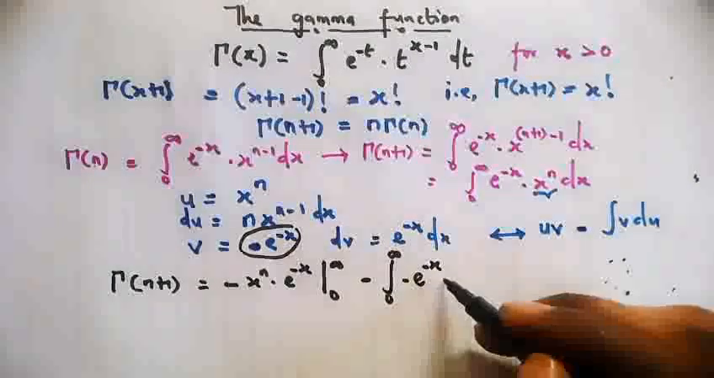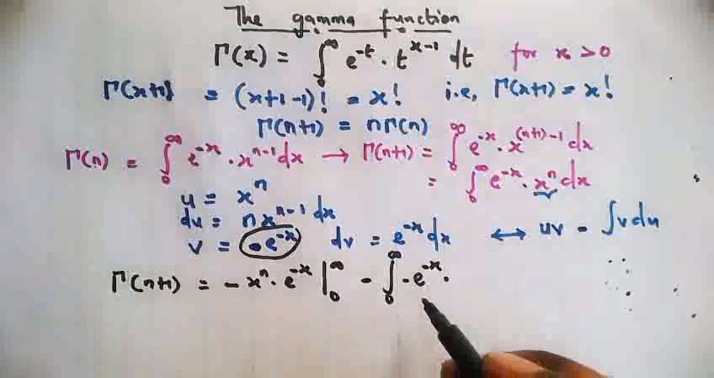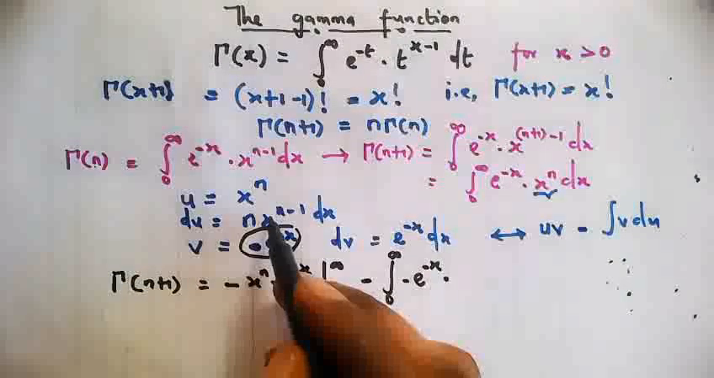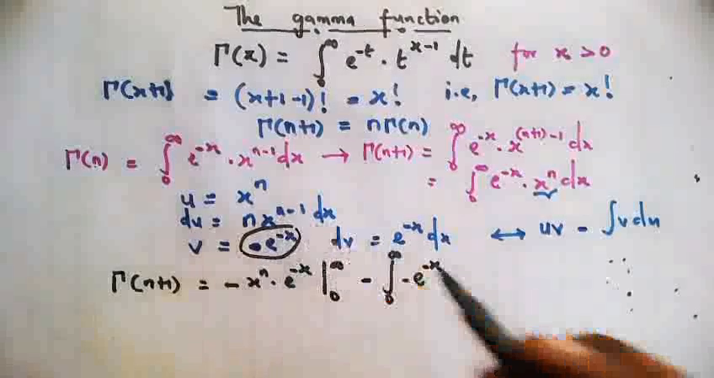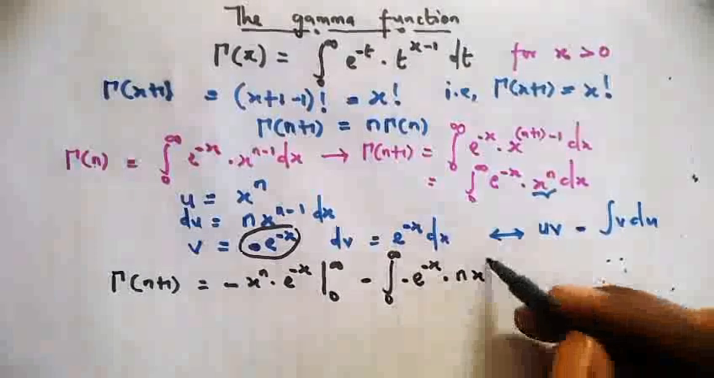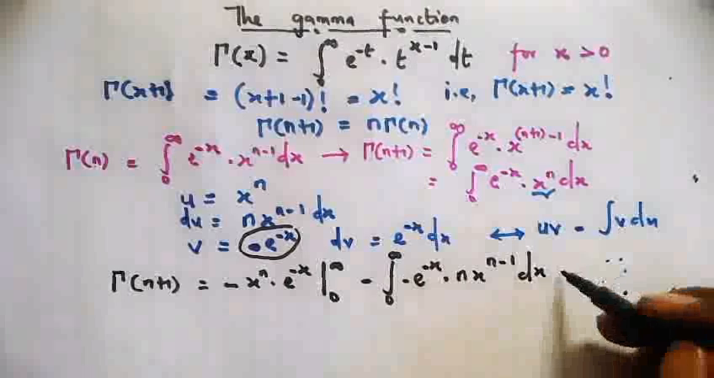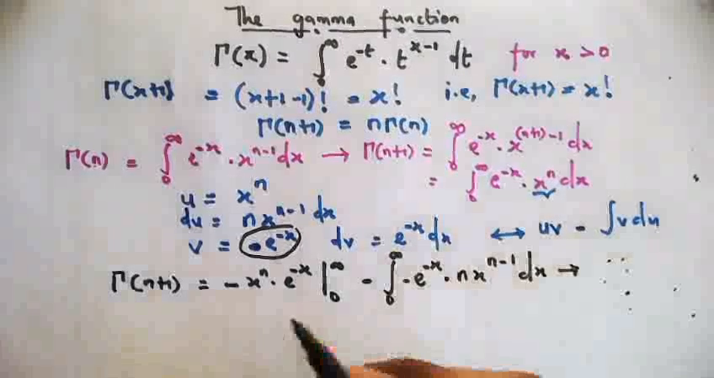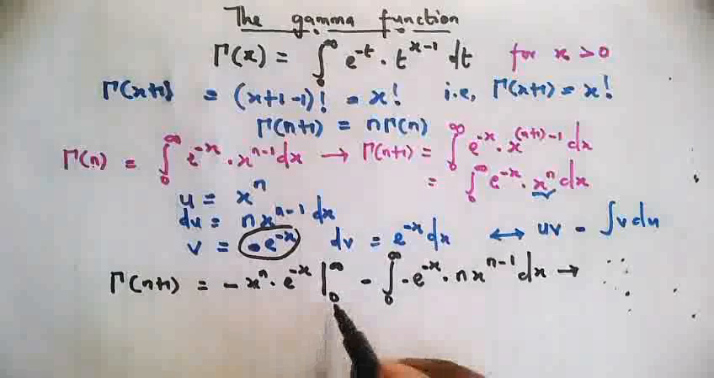Okay, now times du. So where is our du here? This is our du here, n times x raised to power n minus 1 dx. Okay, now this is simplifying to, now when we take the limit as x is approaching 0 here, we all know